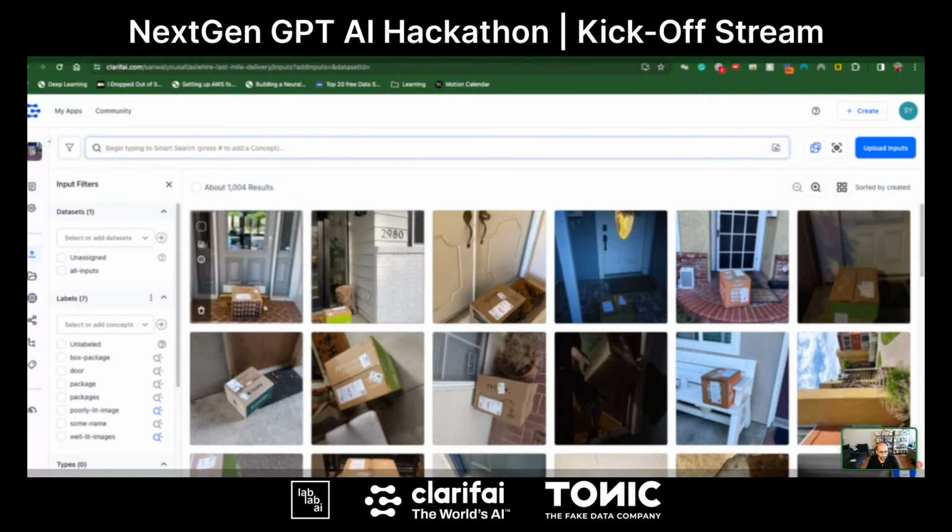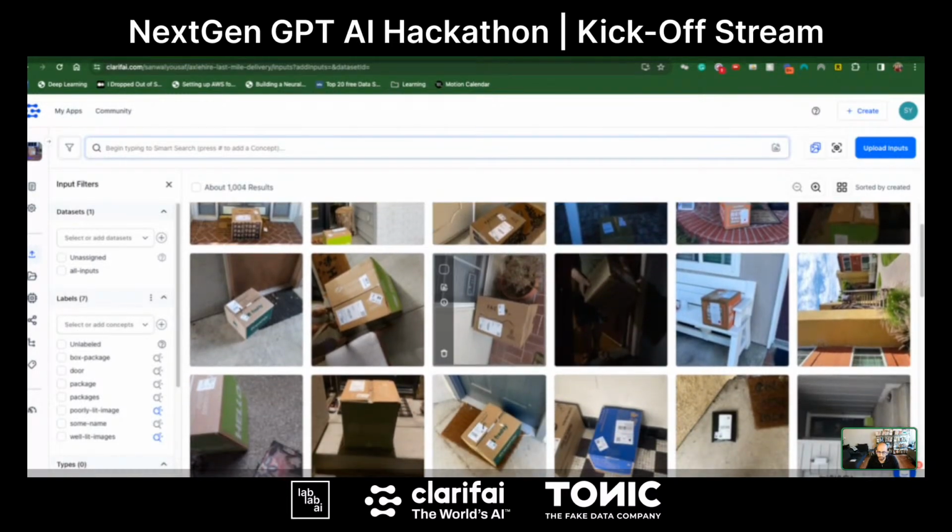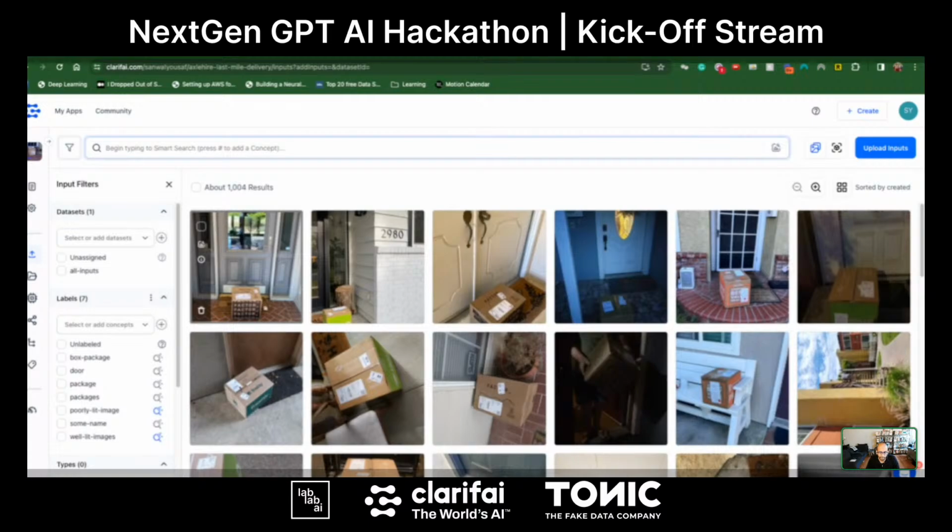And they wanted to do a few things. Number one, they wanted to detect boxes in an image. They wanted to look for a door in the image to see if there was a door nearby. They wanted to see if there was any text in the image, just to see if they could read the address of the person. And then the fourth one was they wanted to see if the image was well or poorly lit. So the door classification we did just with the general model that we saw, the 10,000 category one, because door is already in there.